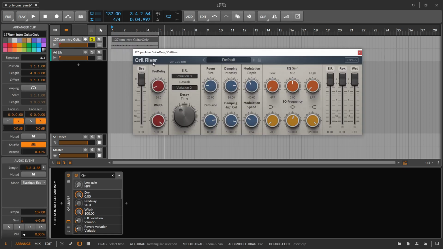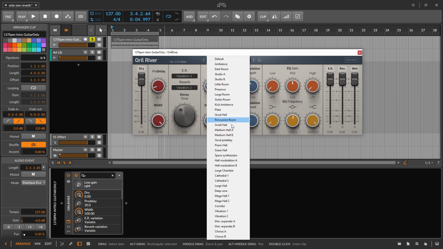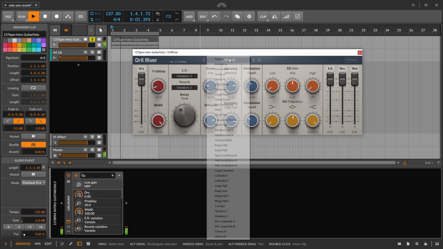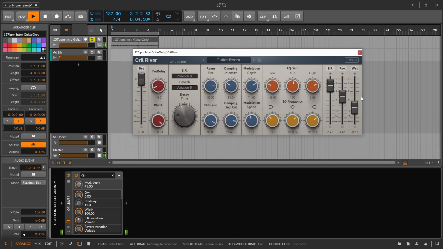We're looking at another free reverb here, Oral River, which I use in really one specific way, which is to just work with the early reflections. That being said, this is a great reverb to supplement what you have built into your DAW because they really do have a lot of like presets for pretty much any situation. So we have this guitar here. And honestly, that's a pretty good starting point if we did want to try to put this guitar into a